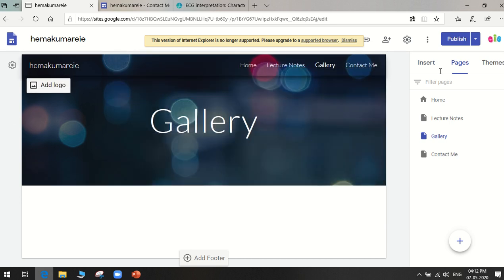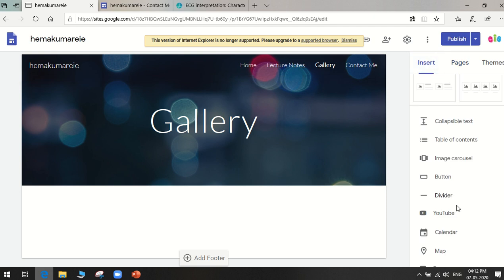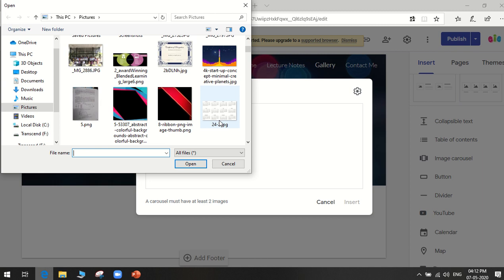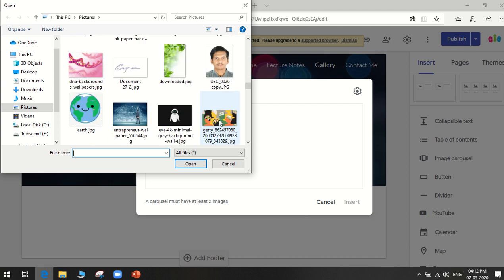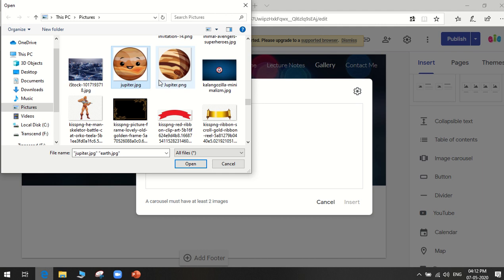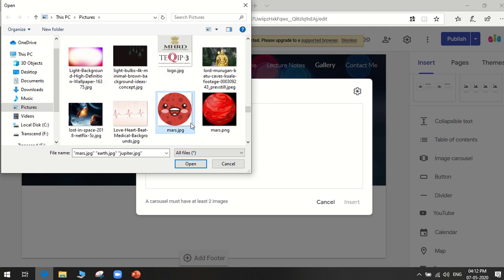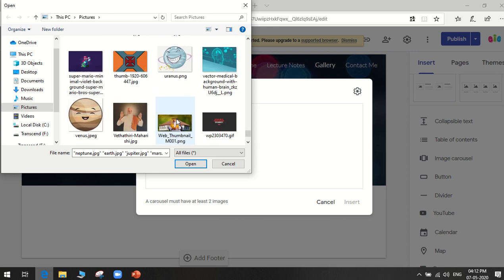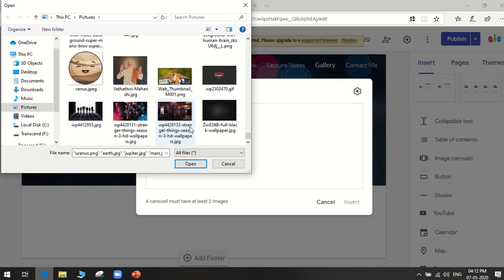In gallery I'm going to have images, so I can use this option to have a gallery. This is the image carousel, where I have to upload the images. Say I will use some planet images: Earth, Jupiter, Mars, Mercury, Neptune, Uranus, Venus.